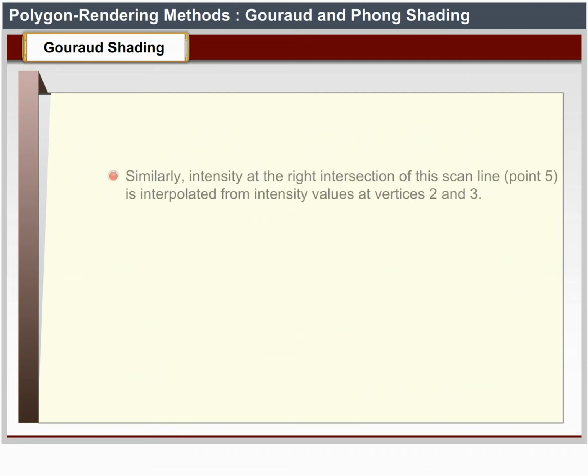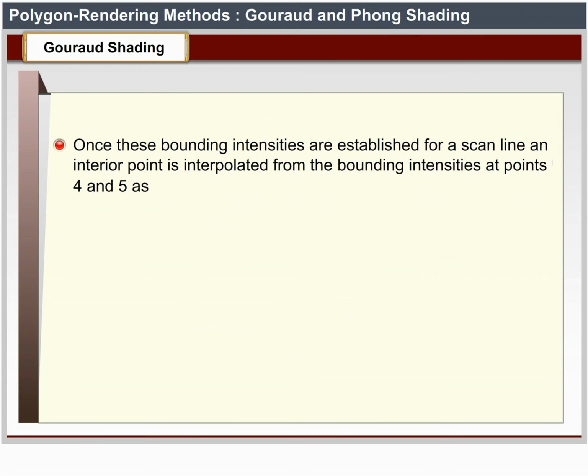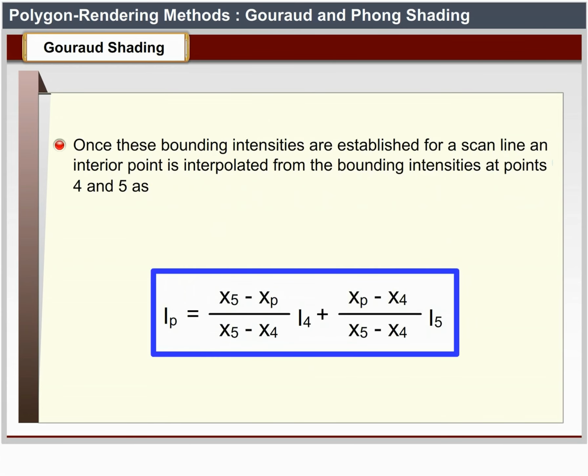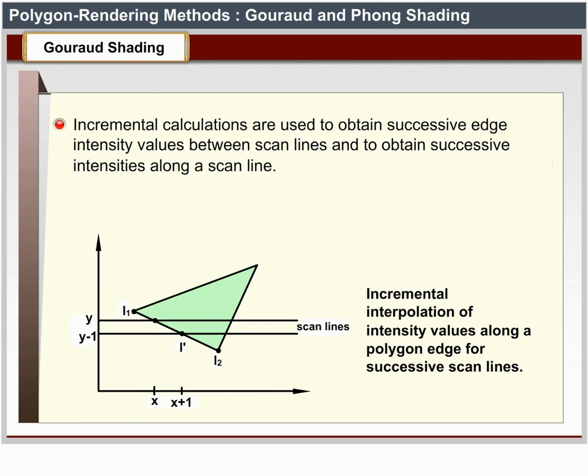Similarly, the intensity at the right intersection of this scan line, point 5, is interpolated from intensity values at vertices 2 and 3. Once these bounding intensities are established for a scan line, an interior point is interpolated from the bounding intensities at points 4 and 5. Incremental calculations are used to obtain successive edge intensity values between scan lines and to obtain successive intensities along a scan line. As shown in this figure,